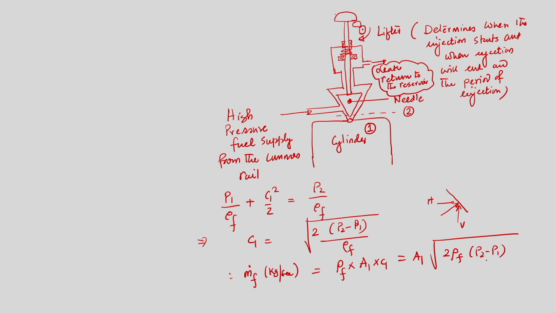So, that delta P will be developed by the pump, and that is why this high pressure pump is there, or that pressure is maintained at the common rail system. This will give us the estimate of the mass flow rate of the fuel that is being injected. Now, the question is, if you go to the next slide,